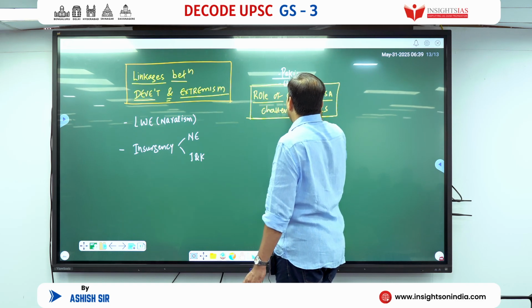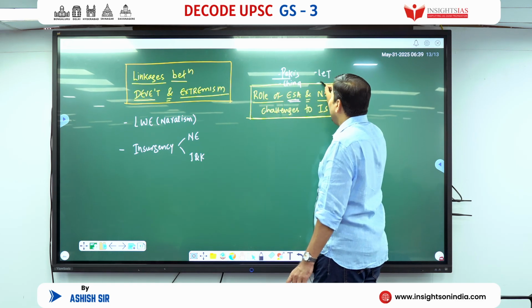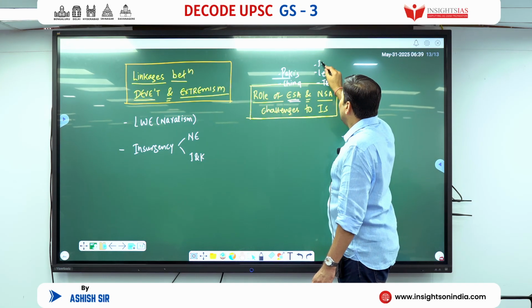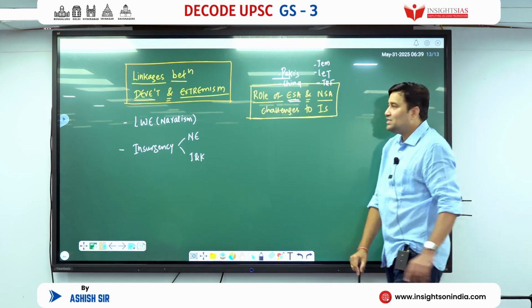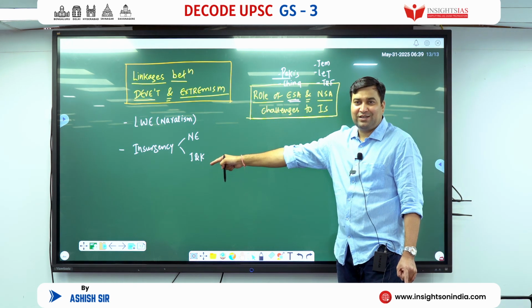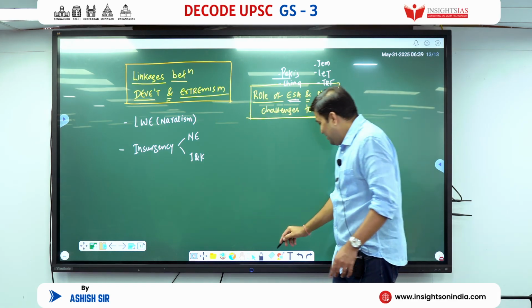And who is the non-state actor? Lashkar-e-Toiba. Correct? The Resistance Front, the offshoot of it. Jaish-e-Mohammed. Right? ISIS. All of these. How are they aiding this particular thing? Challenges to internal security are multiple. Now for this,